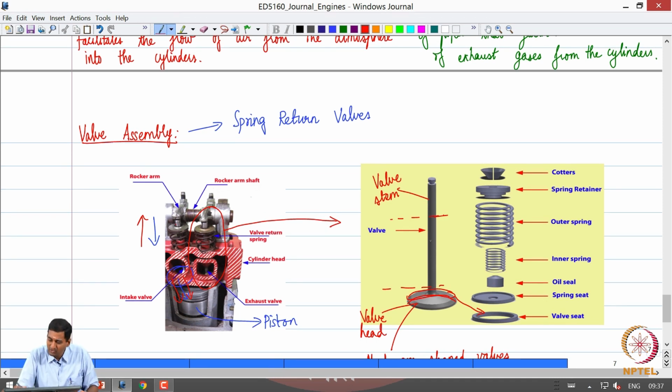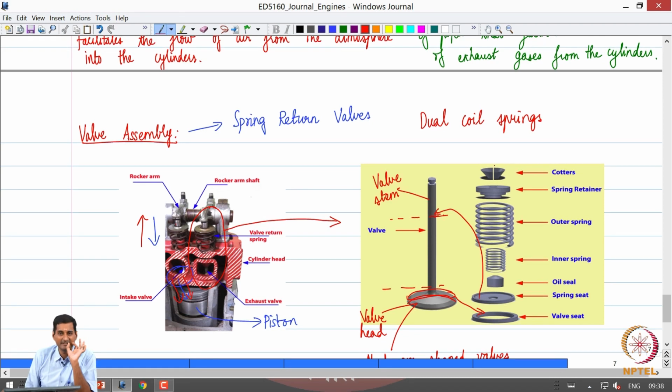So, the stem will go through the thickness of the cylinder head, and on top you first assemble the spring seat, then you put the oil seal, then you assemble what are called dual coil springs. There are two coil springs to increase the stiffness of the springs. You put the dual coil springs, put the spring retainer and assemble everything through a cotter.